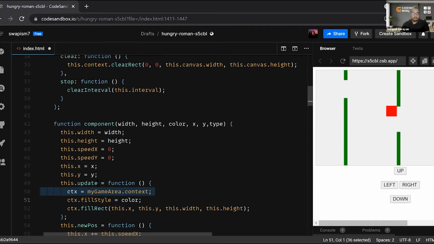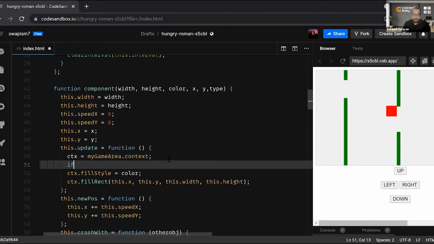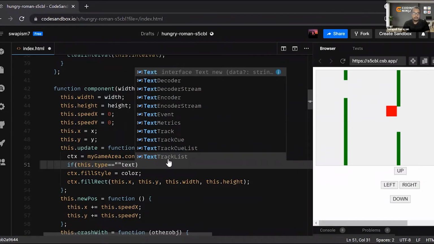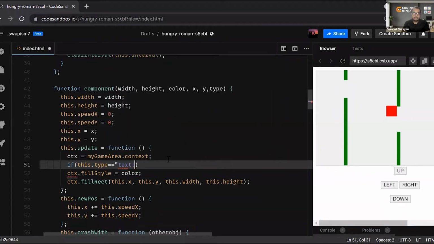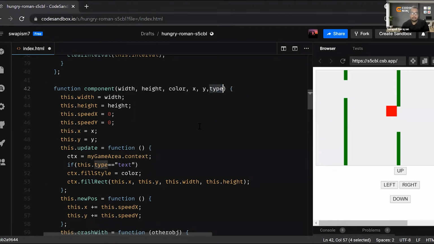And in this update itself, I will check if this dot type equals text. If so, I am sending the score in a text format to the component.